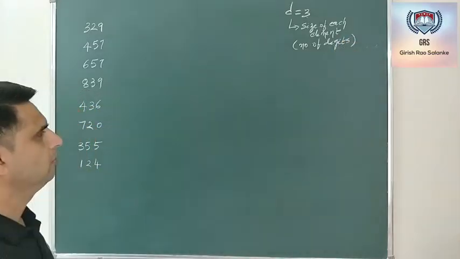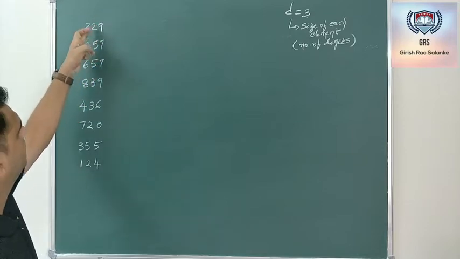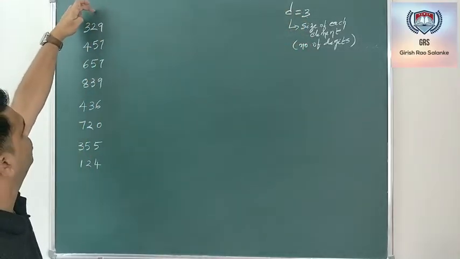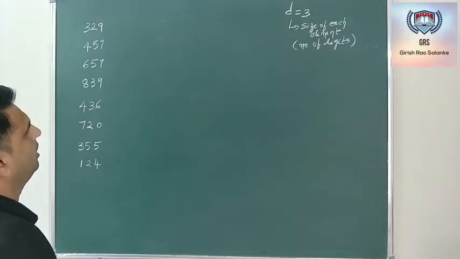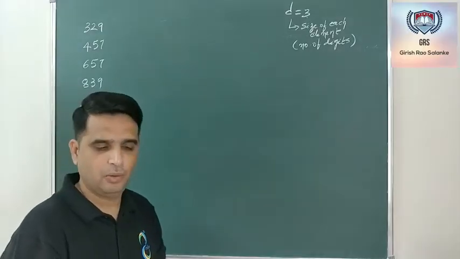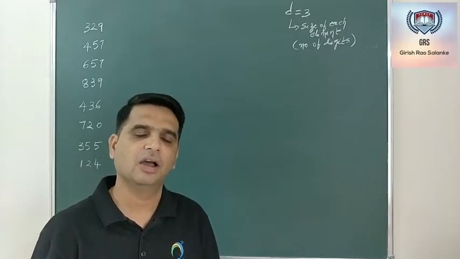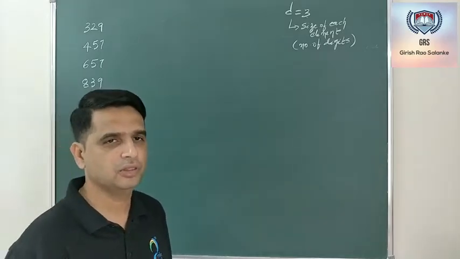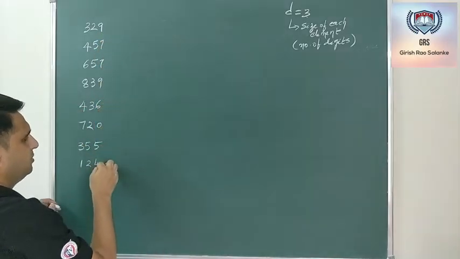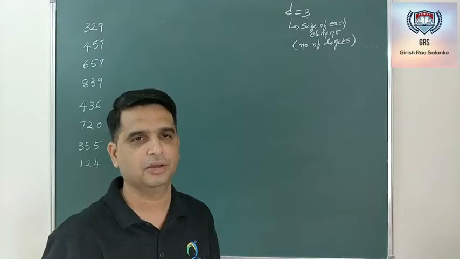Now, we are supposed to start with the unit place first. I will mark this unit place as 1, and with respect to size, as the size value is 3, I can say this is 1, this is 2, and this is 3. 1 is the ones place, 2 is the tens place, and 3 is the hundreds place. One more point I mentioned earlier is that radix sort internally uses counting sort. First we take all the elements in the ones place of all these 8 elements, and I need to sort them using counting sort.